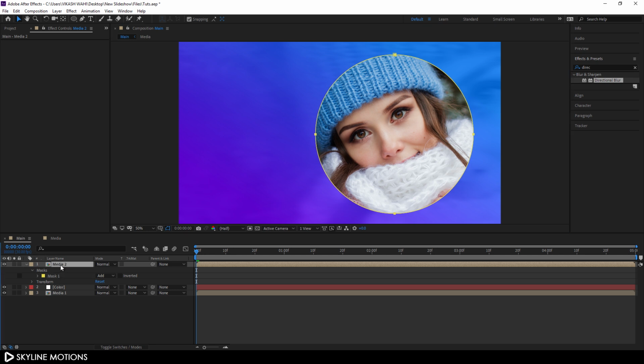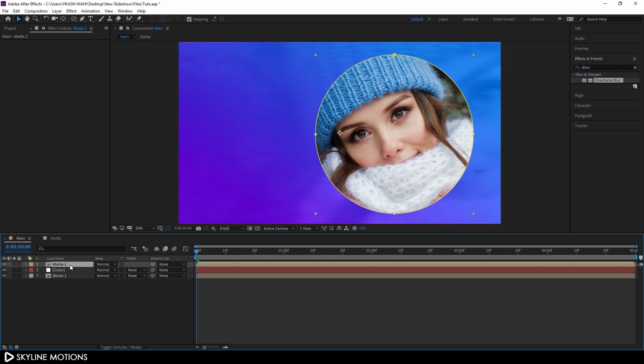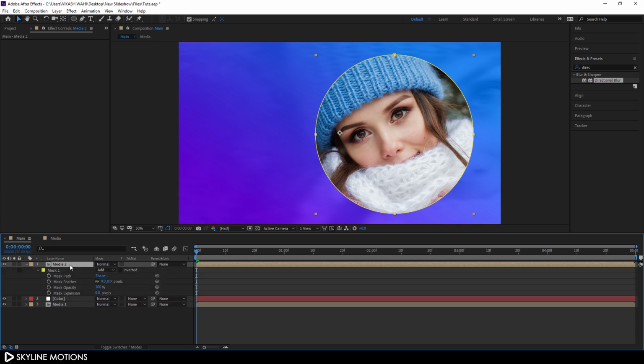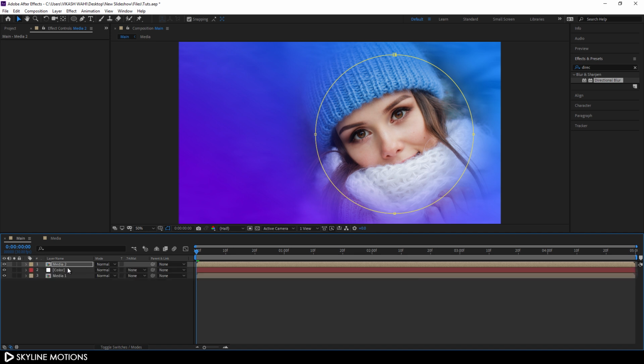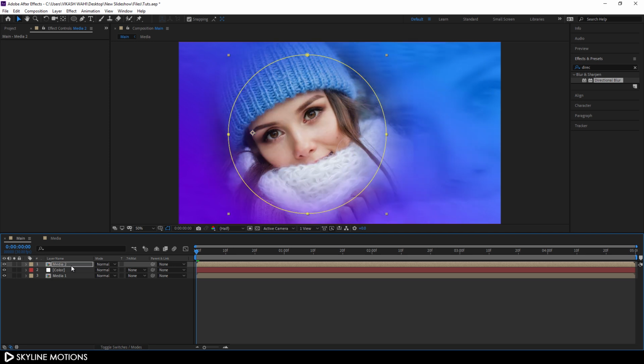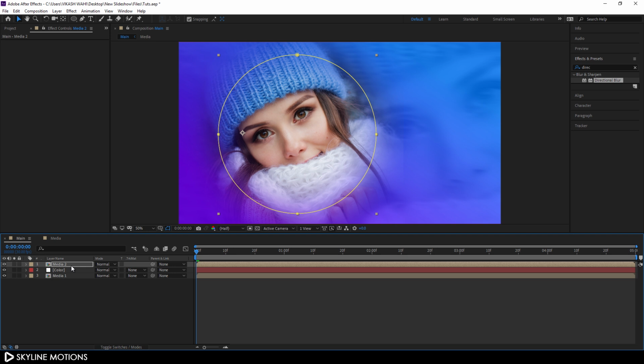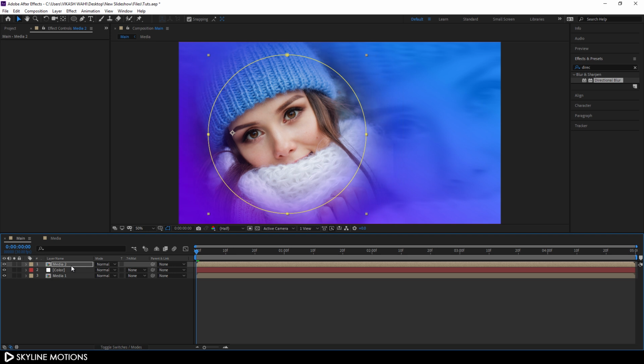And after that, let's minimize this layer and hit M 2 times on the keyboard to open this mask property and set this mask feather something around 300 and hit enter, and we get this type of effect. All right, and now close this layer and just select this media 2, hold shift on the keyboard and press left arrow key